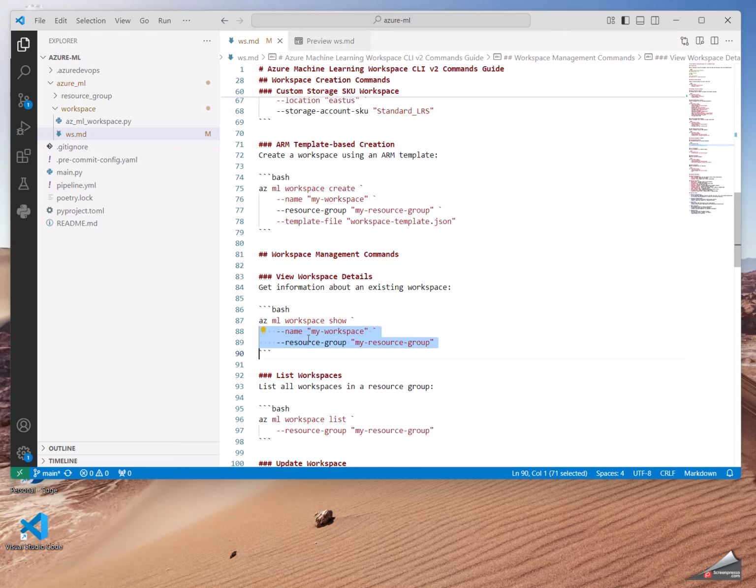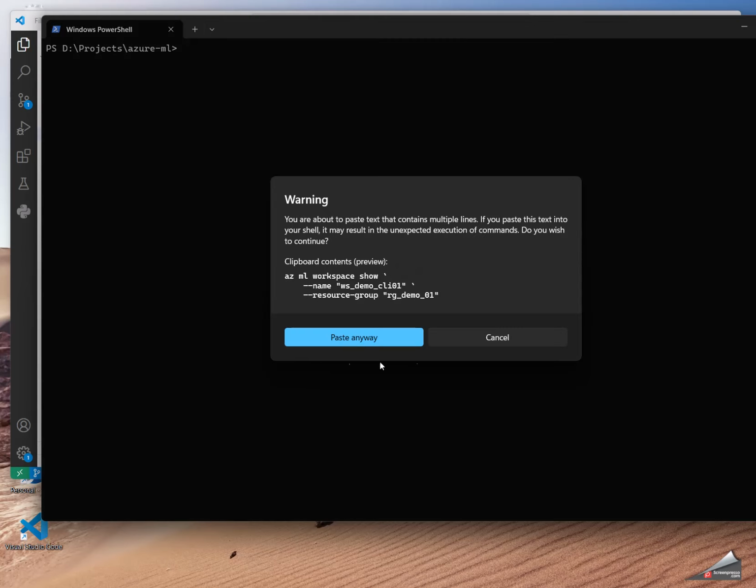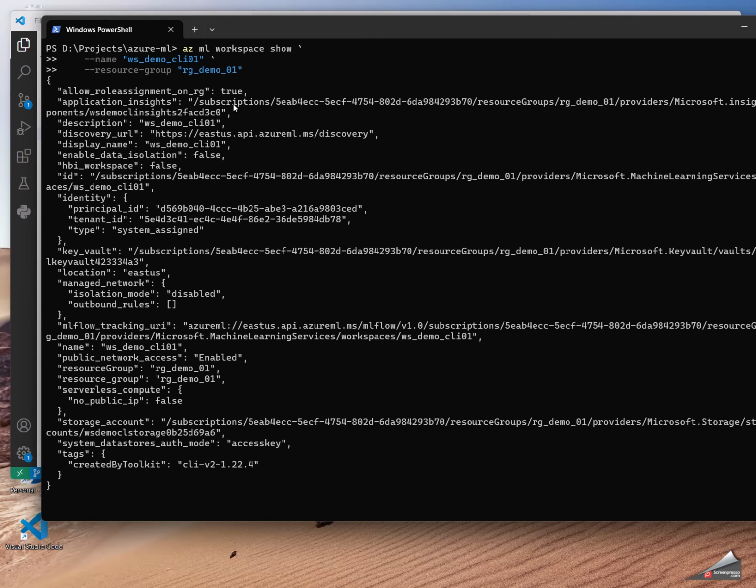But we don't need this because there are no other parameters. So let me run this command and see. It gives you information about this workspace, workspace demo CLI 01. It's, as I say, a JSON file.